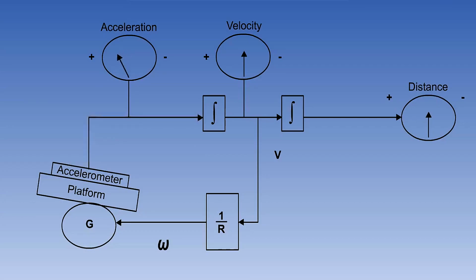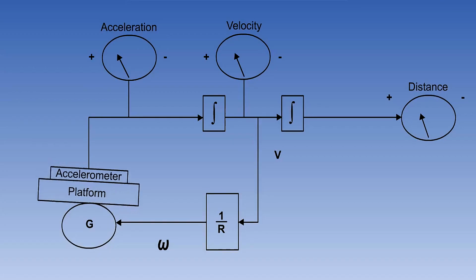Here's the basic diagram. But unfortunately, on completion of the alignment, there is some leveling error. The component of gravity will be misinterpreted as a false acceleration. So let's show this false acceleration on our meter. This acceleration will be passed to the first stage integrator, where it will be integrated into velocity, and then to the second stage integrator, so that it will be integrated into change of position.